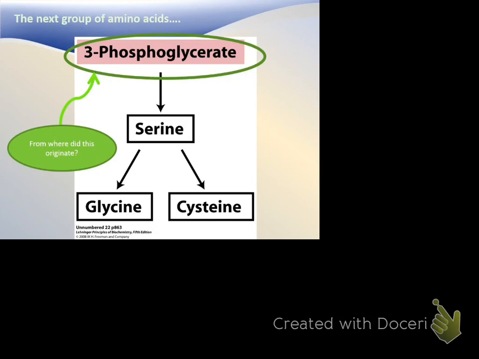So, and we're going to see how some of these are utilized later on to do miraculous things. Like I always marvel at what glycine does, because it's so little and tiny and seems so insignificant, yet it makes a huge molecule in your body. It's the building block. Okay, but where does the 3-phosphoglycerate come from? We had to scavenge it from somewhere to make the serine. It's glycolysis.